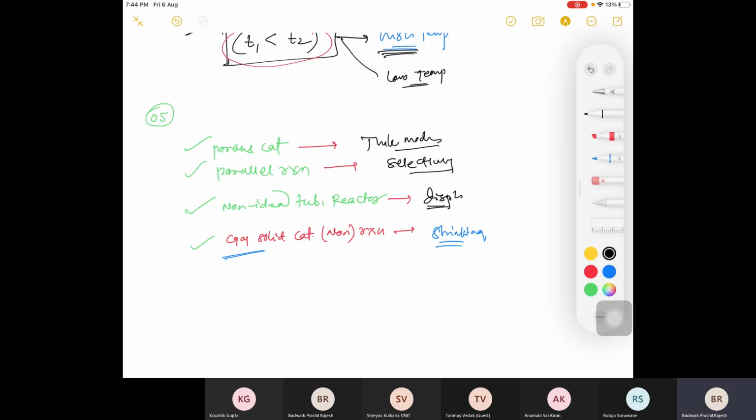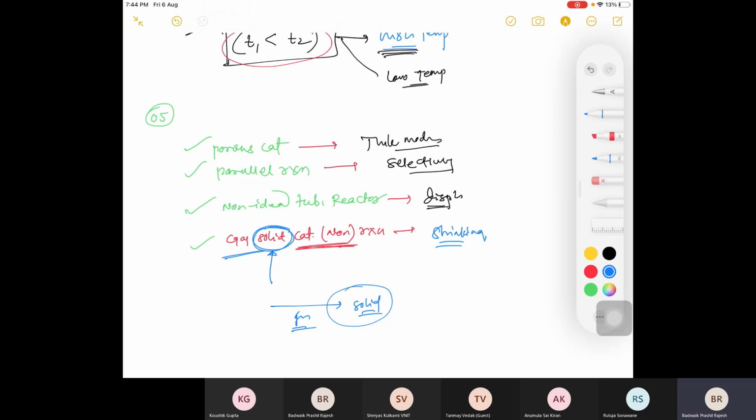Gas solid reactions, even though it says non-catalytic, there is involvement of a solid. And this solid is being consumed in the reaction. So will the core of that solid decrease? It will shrink or not? Yes, sir. It will decrease. It will shrink, right? I told you in terms of catalyst, you can consider in the case of a gas solid reaction, where you have a solid and the gas is reacting with that solid. So your solid core size will shrink. So that is the shrinking core model.